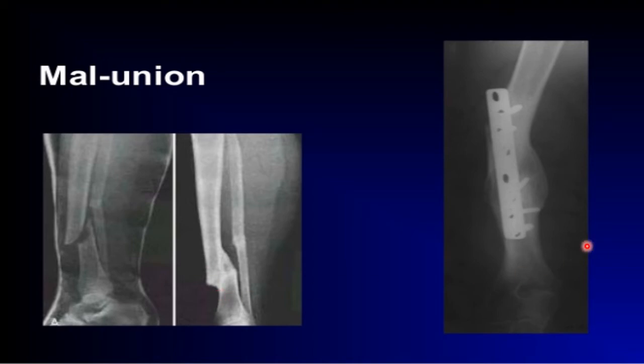ankle. There is another example of malunion where somebody tried to fix the bone internally. However, the screws gave way or the patient sustained another trauma before the bones had healed, and this led to, although there's good callus formation, however the screws have come out and the bone is deformed. So this is another example of a malunion.